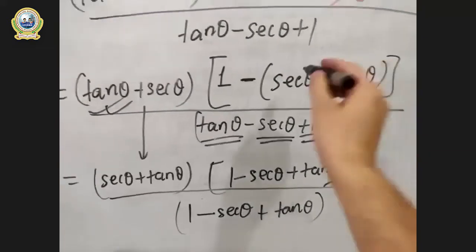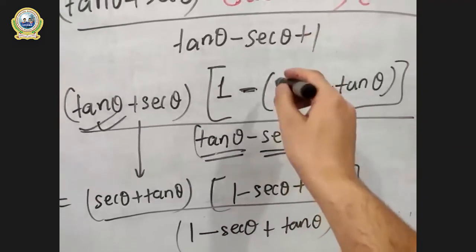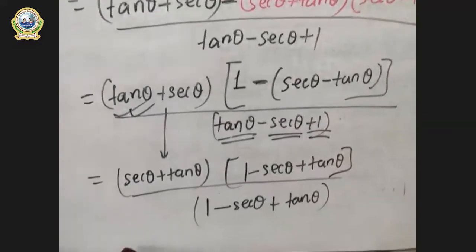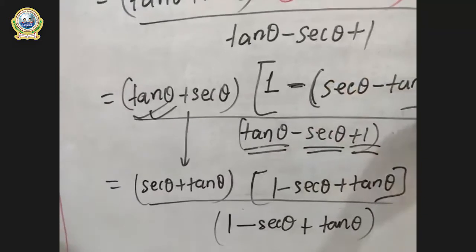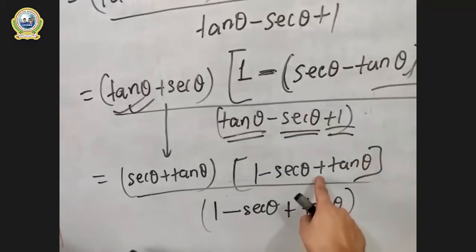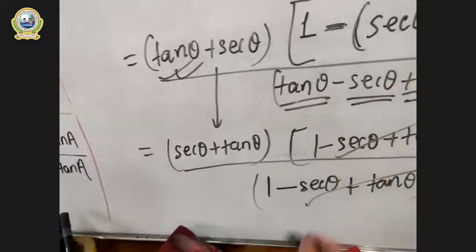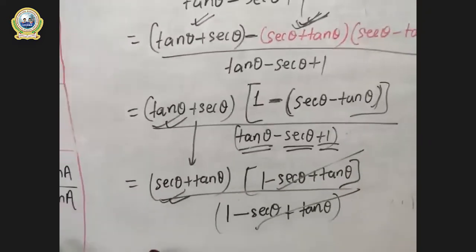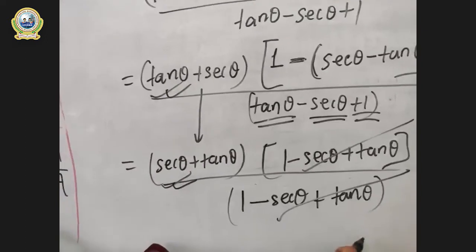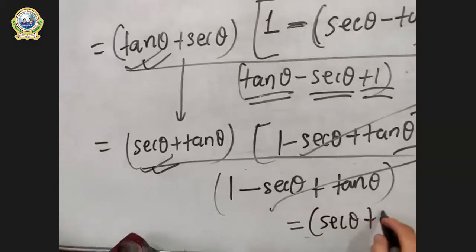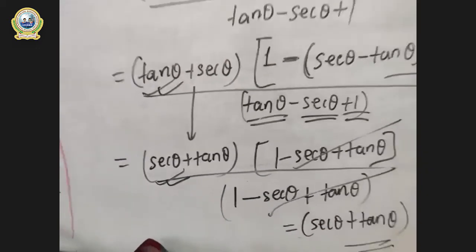Are you clear about this? I have just opened this minus. Open this bracket. Yeah, you can do. Those who have finished question number 3 can go straight to question number 4, okay? Look here. I have just opened this bracket with minus sign. Now it will be minus sec, minus it will be minus, right? And minus minus will be plus. Is this clear? Now you can clearly see these two can be cancelled, because these are exactly the same. Now only this part is left, and this will be our right hand side, right? So the final thing will be sec theta plus tan theta. So this is our right hand side.